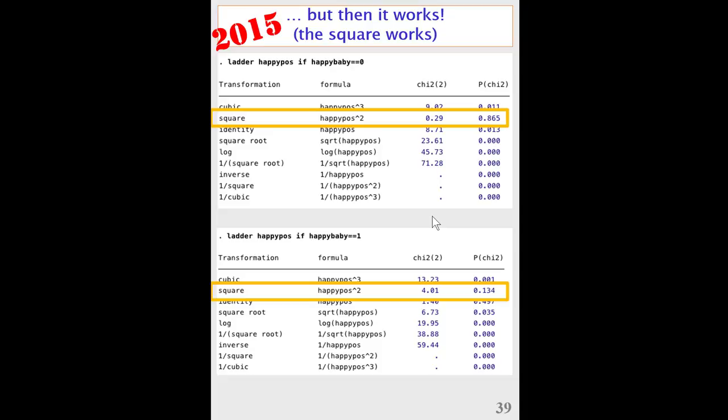Okay, let's see. Now I try ladder happy pulse, the other happy variable that I just made, if happy baby equals 0. And now we get quite a bit more here. Let's see. That one with the orange square around it seems to work. So happy pulse